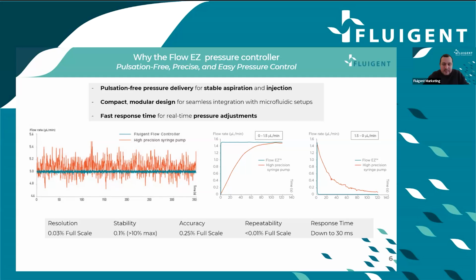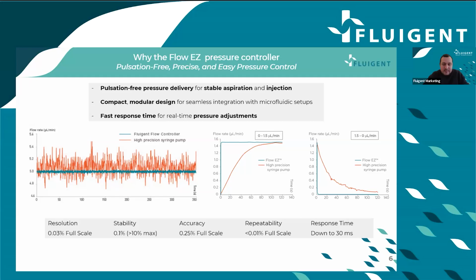So, a fast response time down to 30 milliseconds, allowing instant pressure changes for dynamic experiments, a resolution down to 0.03 full scale %, a stability of 0.1 and an accuracy of 0.25, with a high repeatability of 0.01%, less than 0.1% of changes as the full scale. This combination makes the Fluigent ideal for studying, for example, red blood cell mechanics and mechanosensitive ion channel activations with